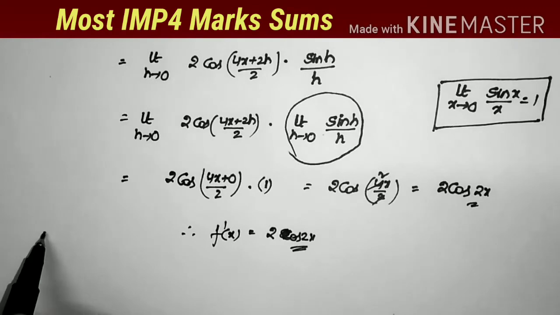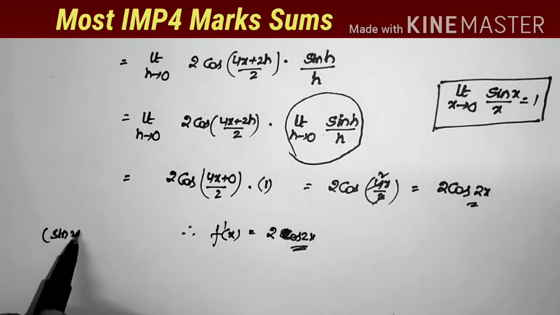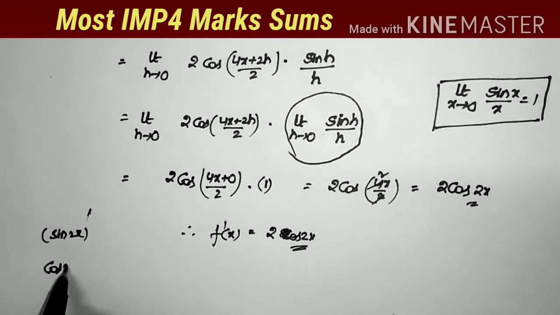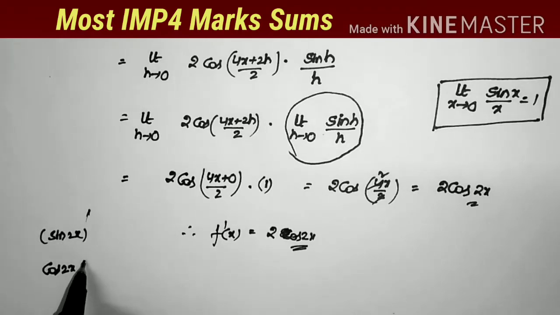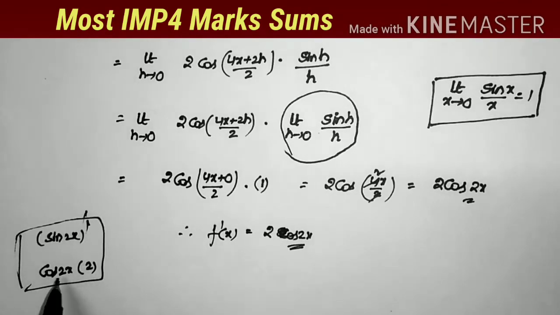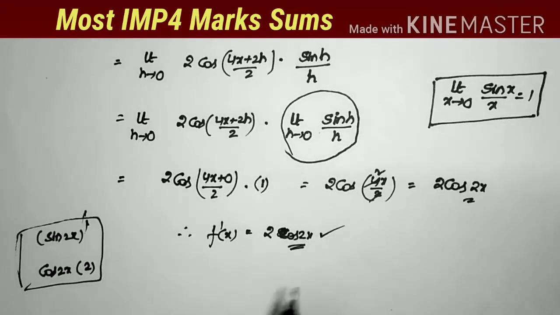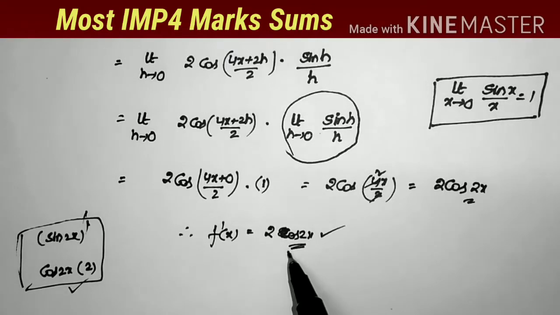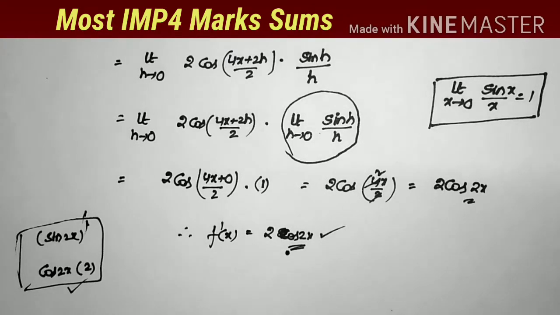Now we find the derivative by using the formula also here. What is the given question? Sine 2x derivative. The derivative of sine x is cos x. That is, the derivative of sine 2x is cos 2x, and again the derivative of 2x is 2. That is, the answer is 2 cos 2x. Here also we get the same answer. When we apply the first principle or take the derivative directly, we get the same answer, 2 cos 2x. That's all. This is the answer. The very important 4 marks problem.